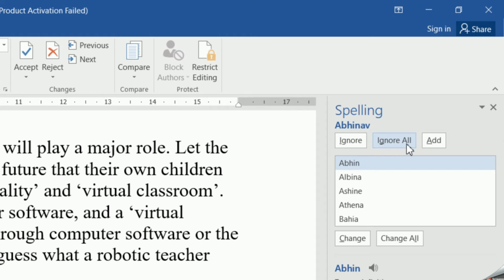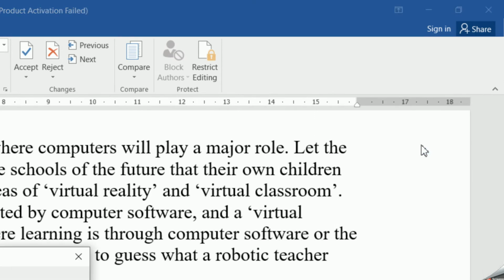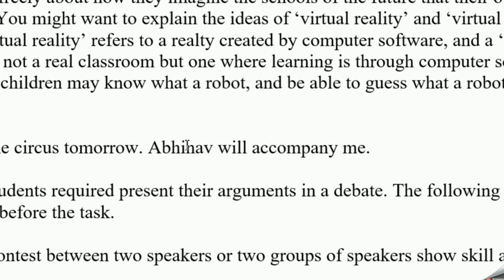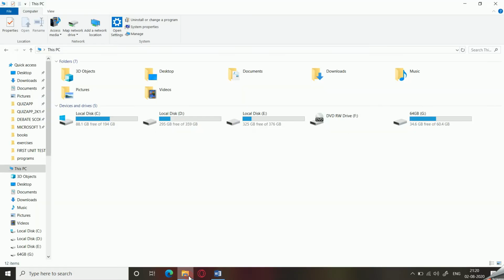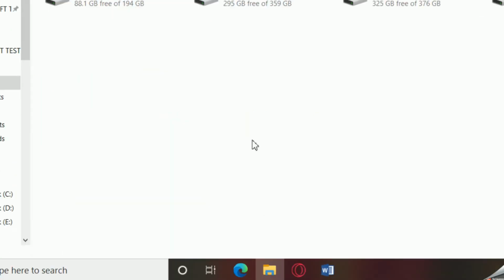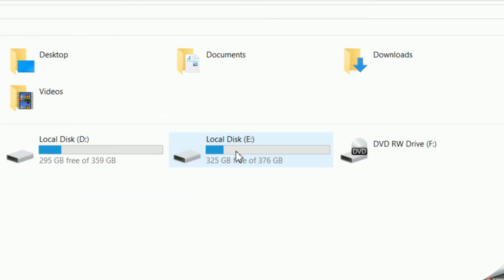So I'm going to add this to the dictionary so that now it doesn't appear as a spelling mistake over here. So this was with MS Word. Now let me explain it to you using a portable software, that is LibreOffice Writer. So students, for purposes of that, I have a portable version of LibreOffice Writer installed on my PC,